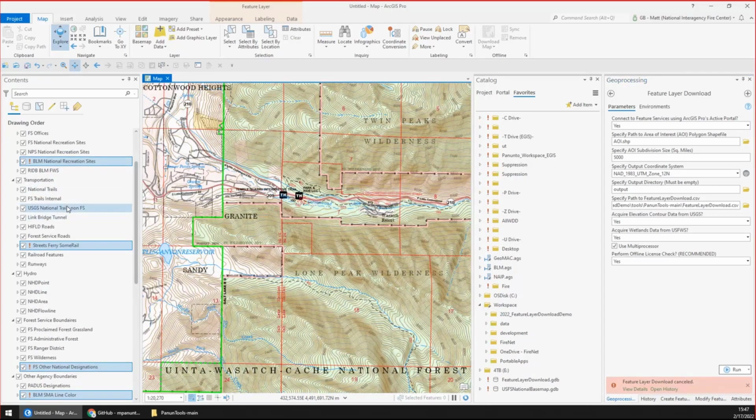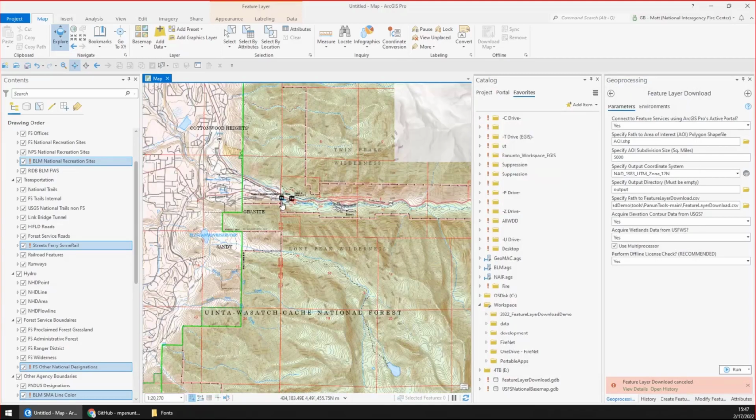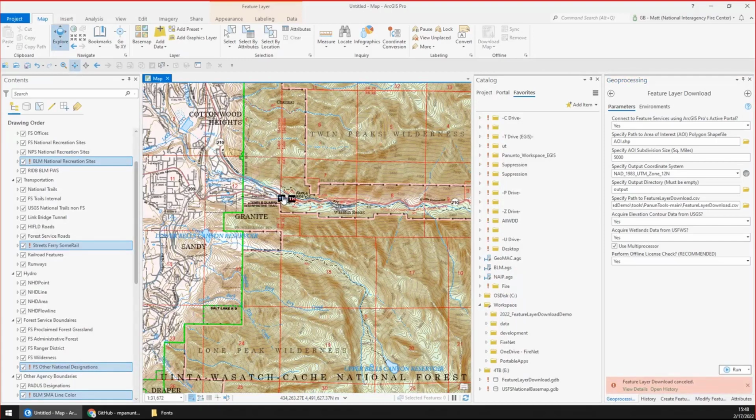If you wanted the SBS style, you would simply repeat that process of adding the layer file to your map and resourcing one of the layers, and it should pick up the rest that are in the geodatabase. Like I said, the only other thing would be that you have to make sure you install all these fonts. If you don't have all these fonts installed, then some of these little symbols here will look all goofy and have weird characters. So make sure you do that first before you want to use this product.